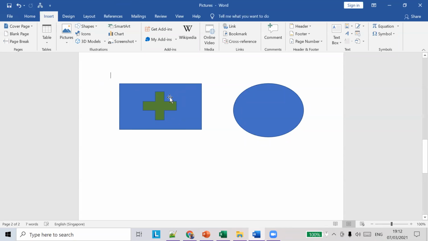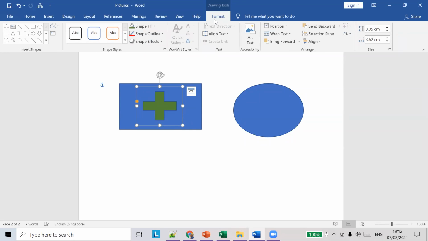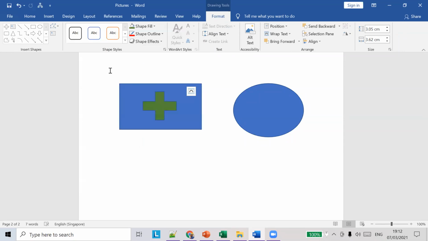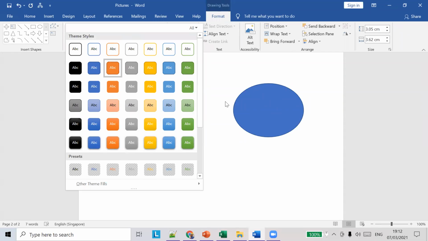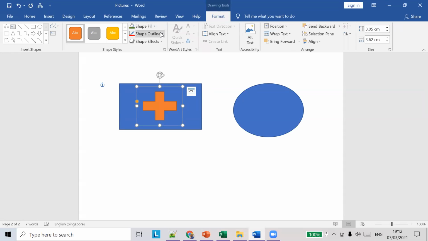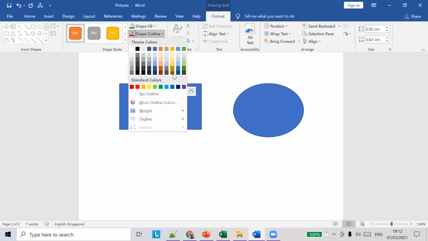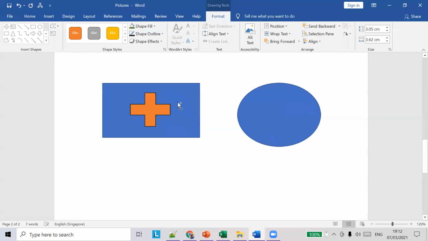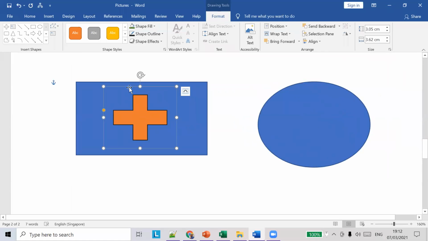So let's see some more formatting using these images. Okay. So select this image, go to format, and here you can see mostly the options will be the same. So you can choose the color of the picture, themes and all we can choose. Okay. Outline of the picture also you can choose. So if I say black, right, the outline of the picture changes.